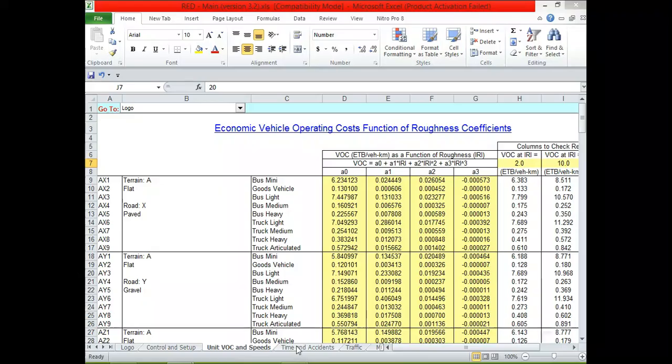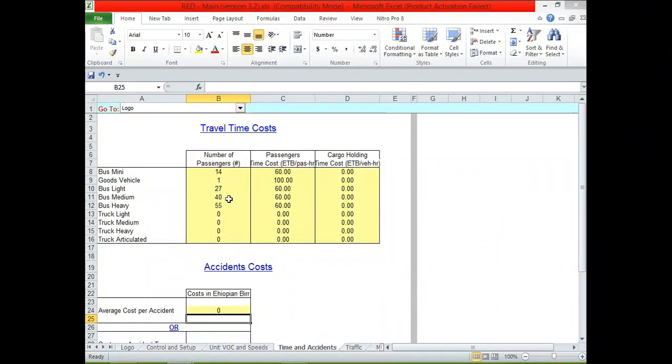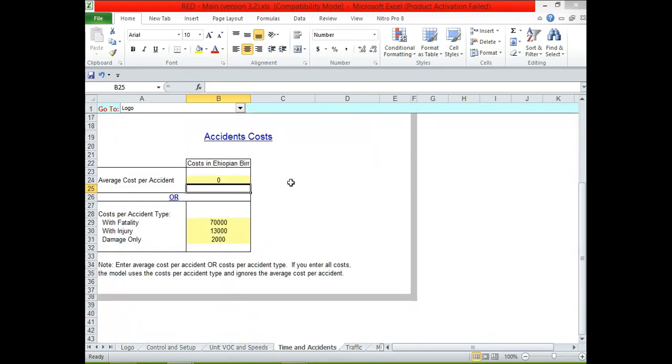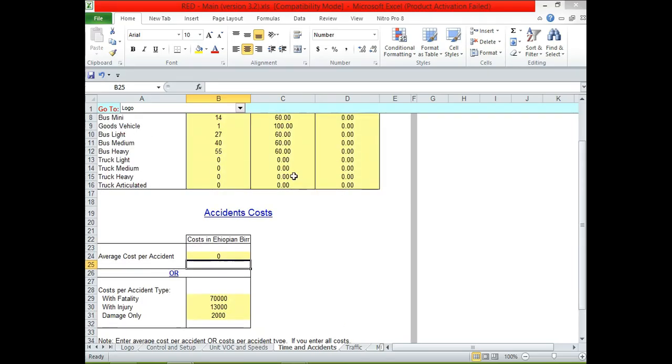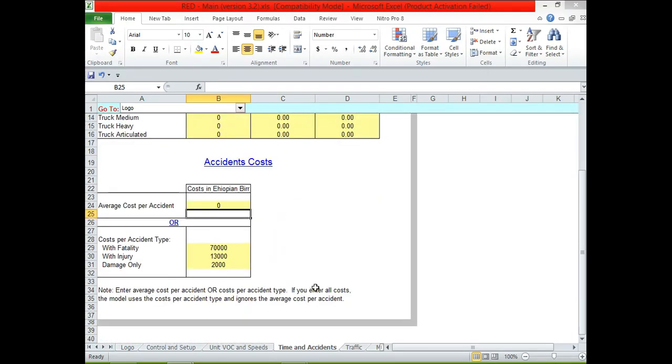This is the time and accident data. If there is data, you can put it here. This is the time cost. If you have data, you can put it here. If I have given you, you can even put yourself if you have any information on that. So you put accident data, time cost,